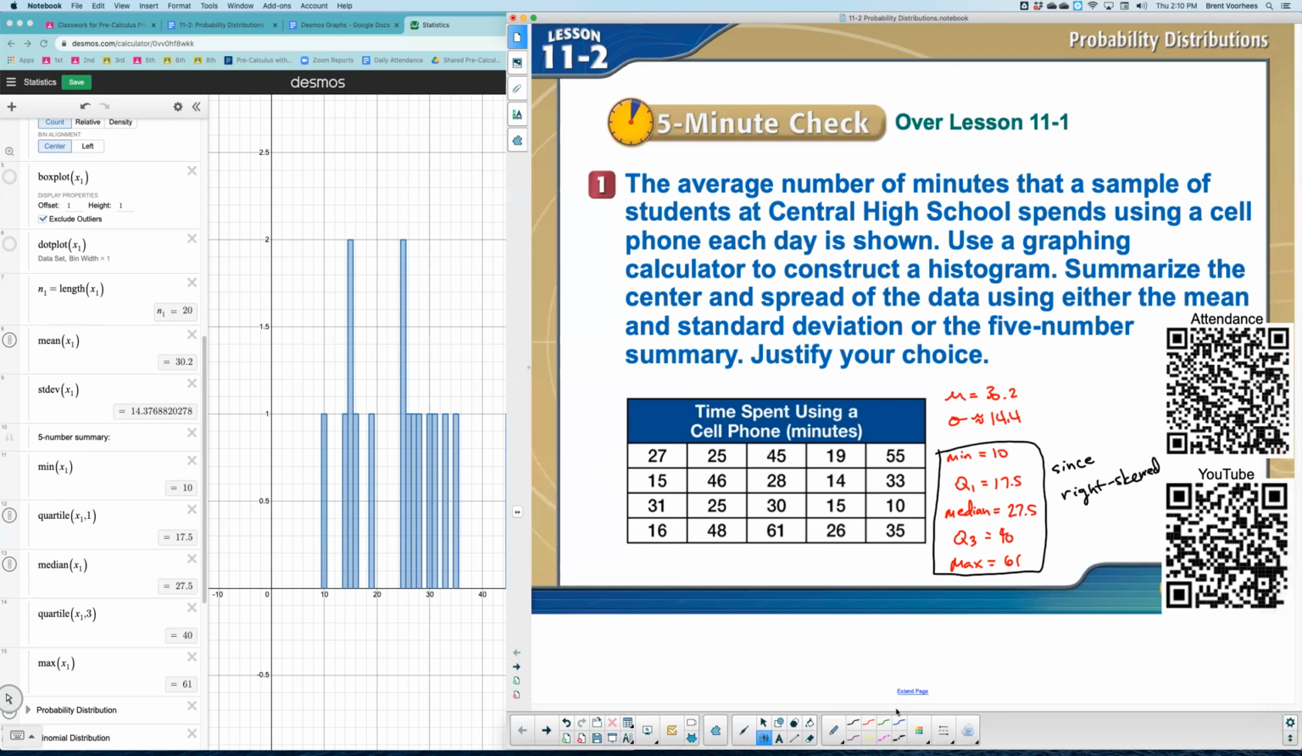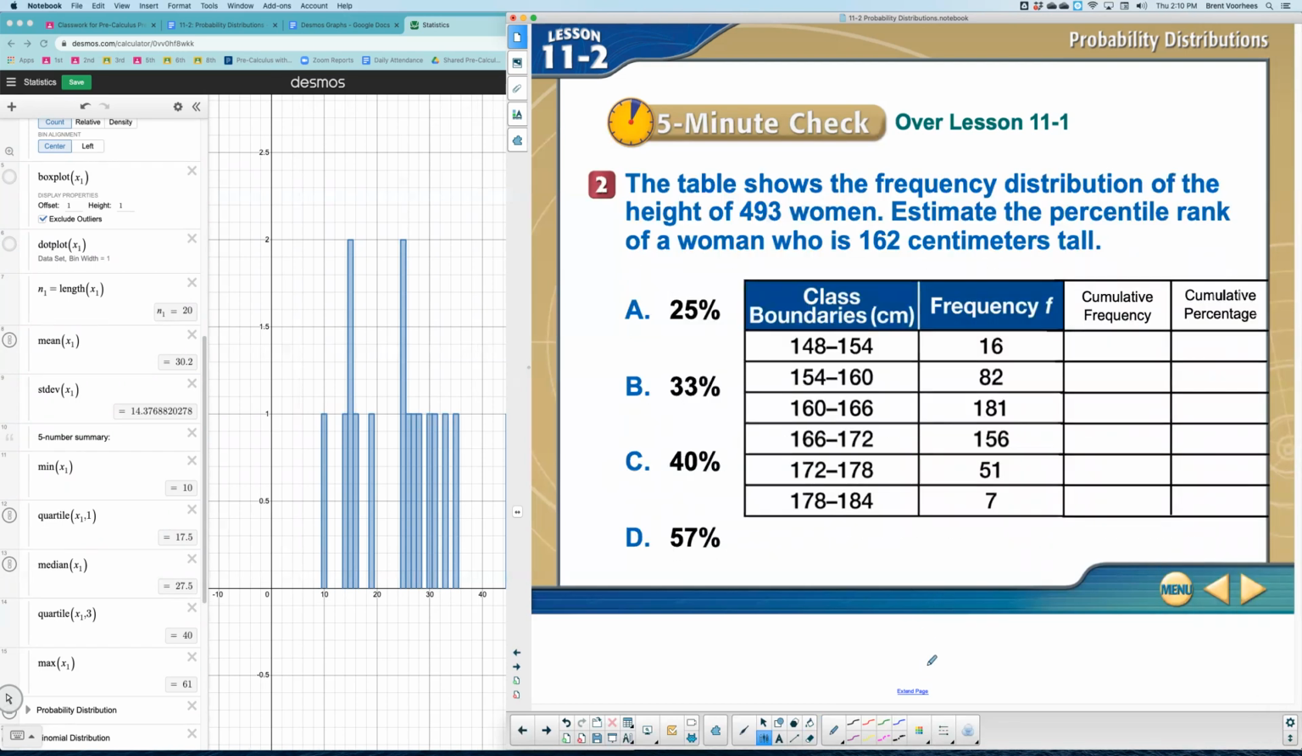All right, let's take a look now at number 2. Number 2 says the table shows the frequency distribution of the height of 493 women. Estimate the percentile rank of a woman who is 162 centimeters tall. If you remember the way we did this,